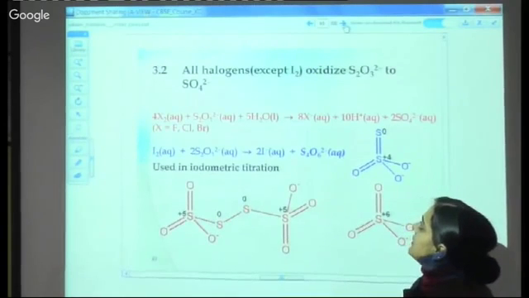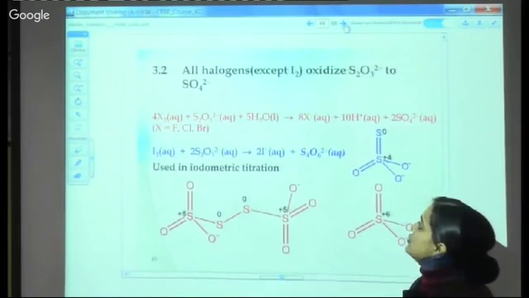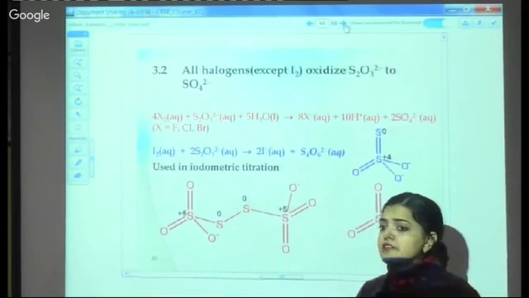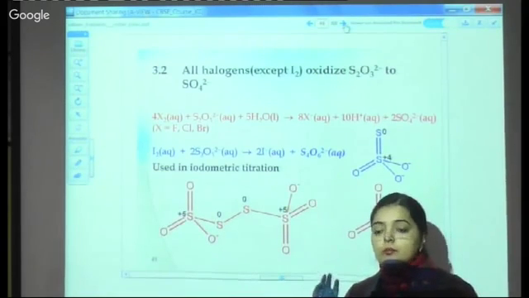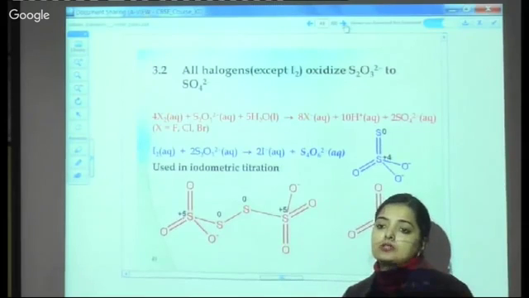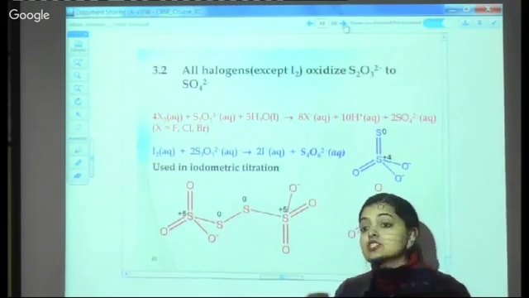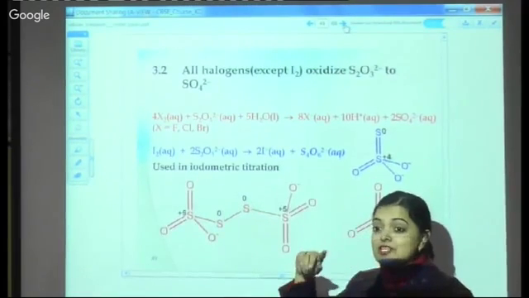All halogens except iodine oxidize S2O3 to SO4 minus sulfate. Fine. Thiosulfate to sulfate. Chlorine, fluorine, bromine, all of them bring out this kind of an oxidation. But iodine does not. And this application is being used for the iodometric titration because thiosulfate is not reduced to